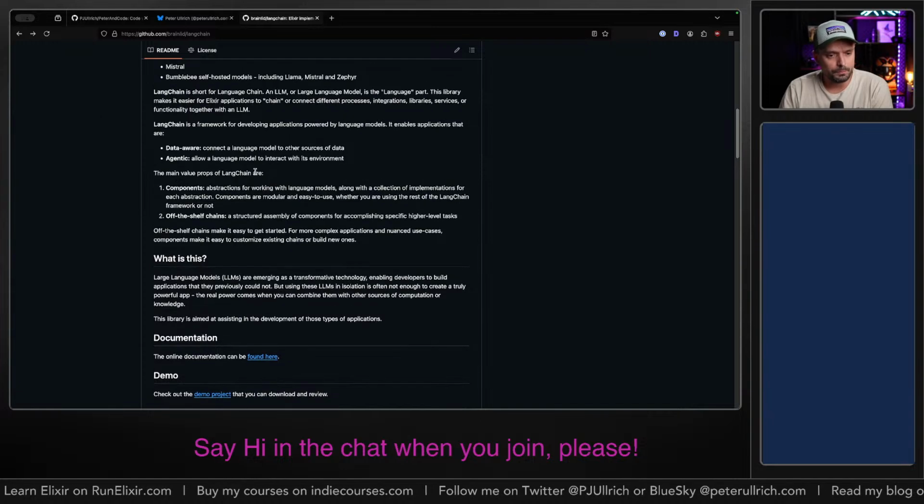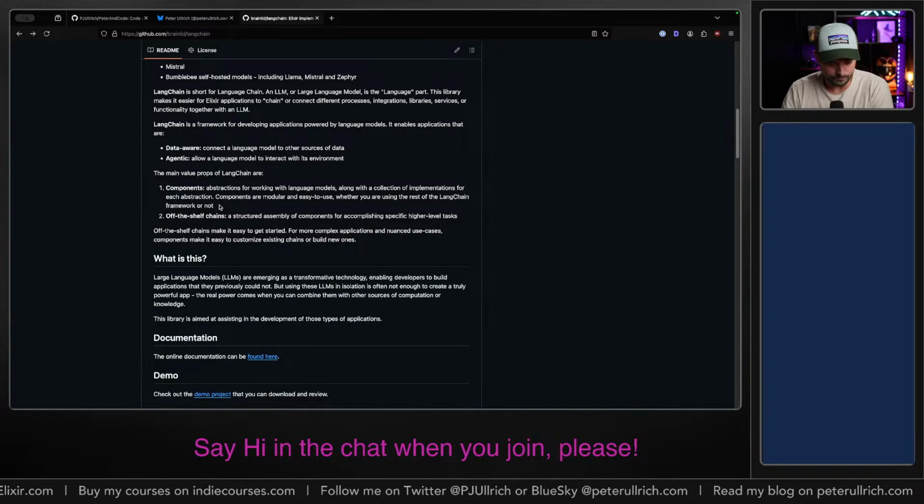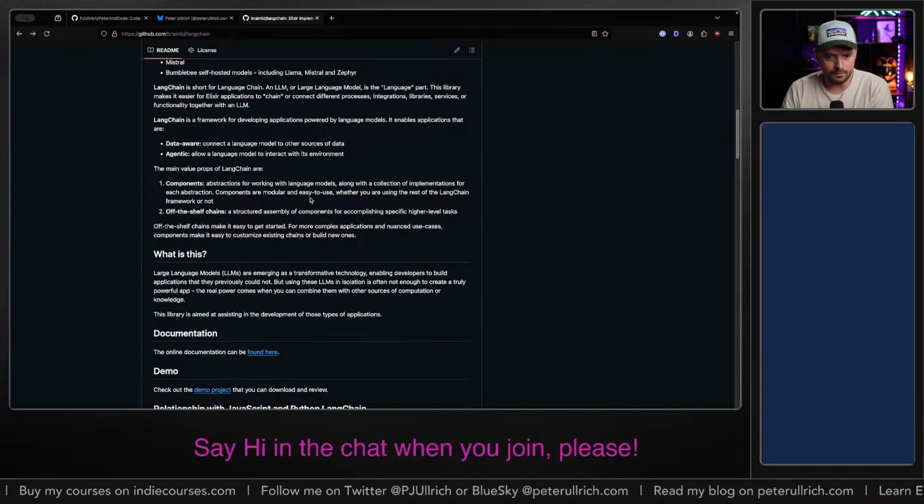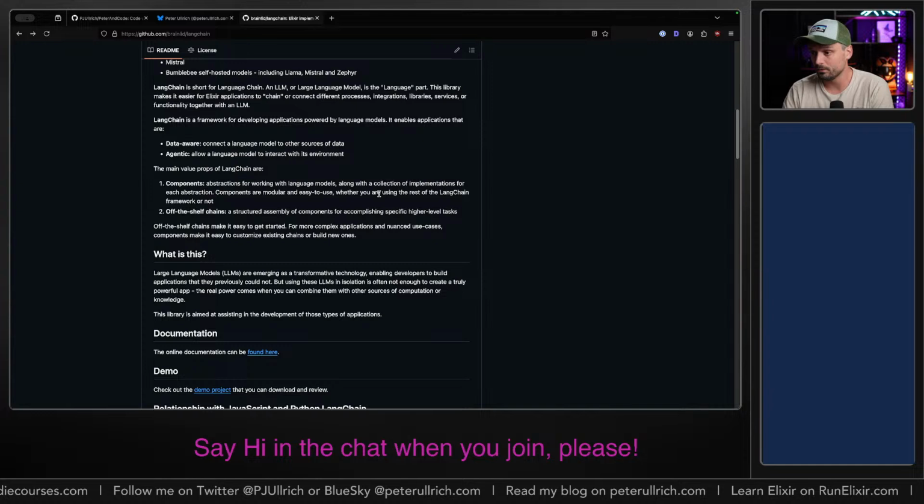So the main value props of LangChain are: you have components, abstractions for working with language models, along with a collection of implementations for each abstraction. Components are modular and easy to use, whether you're using the rest of the LangChain framework or not. Cool. Off-the-shelf chains, a structured assembly of components for accomplishing specific high-level tasks.